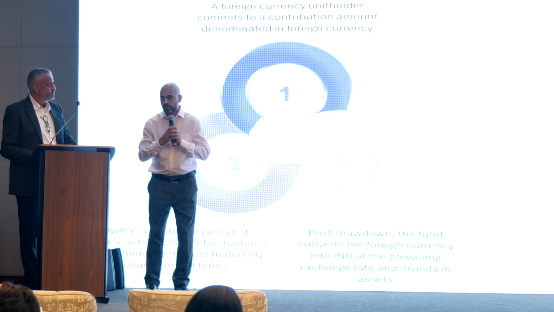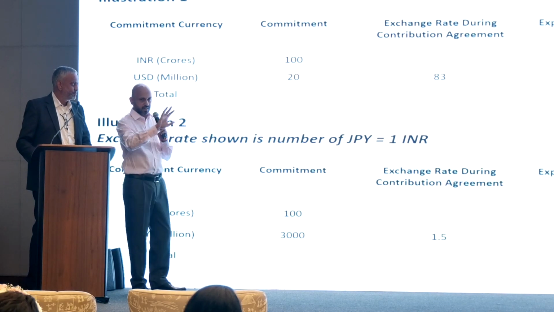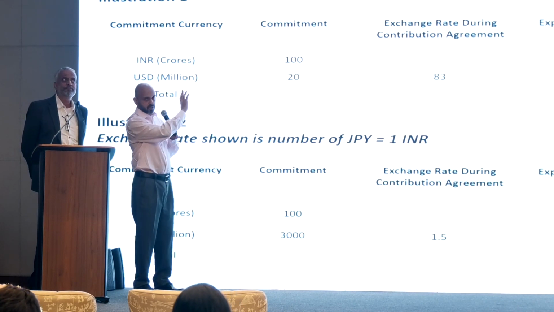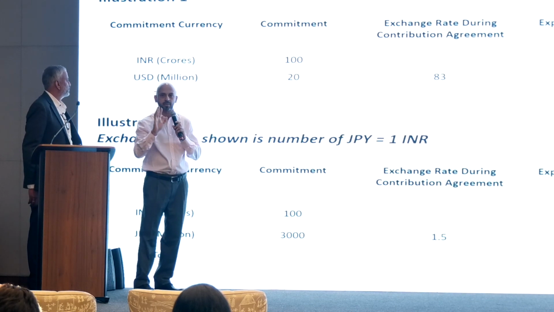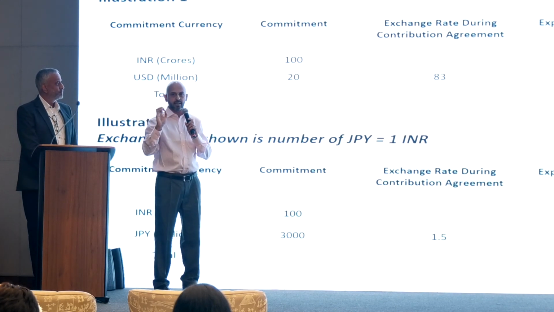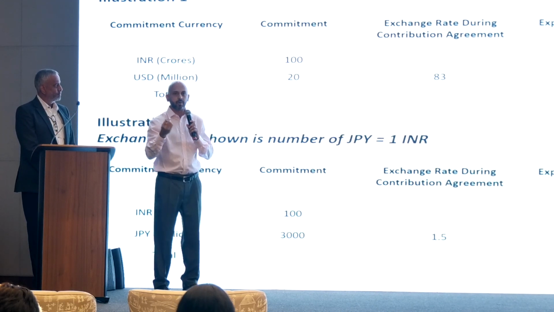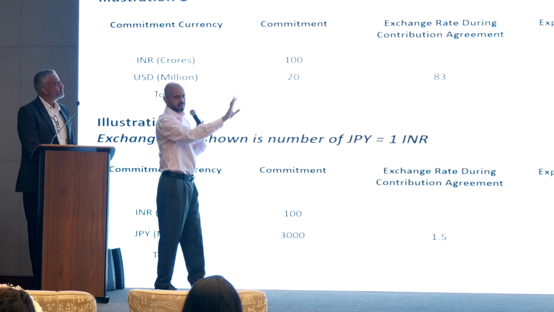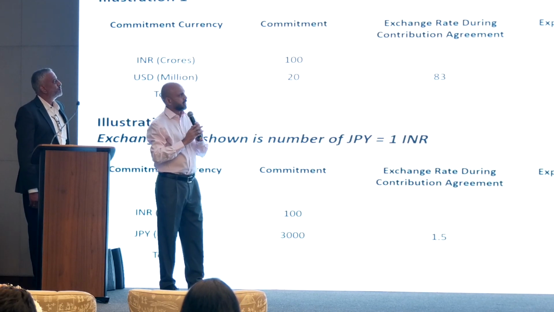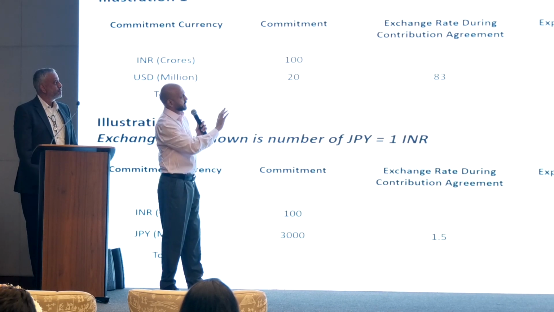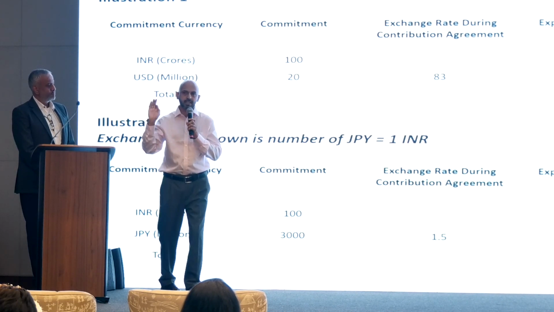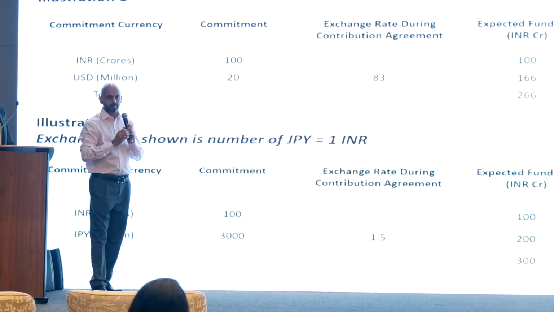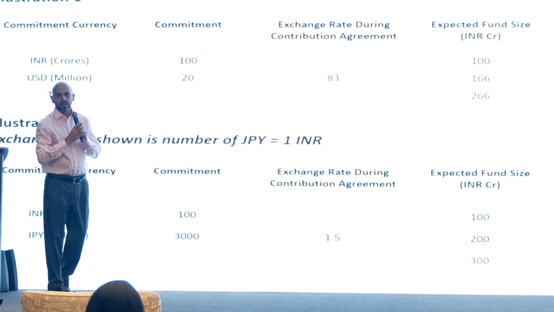So if we move to the next slide, just to illustrate, this is a fairly simple numerical illustration which we can walk through fairly quickly. The picture on the top shows what would have happened to the size of your fund had you issued units in INR as well as USD. We are considering a fairly simple fund where the expected fund size is about 266 crores. The point we are making is that let's assume your exchange rate was 83 when the fund started its journey. Let's assume a 3-year commitment period, and let's assume that in the interim, the USD INR exchange rate